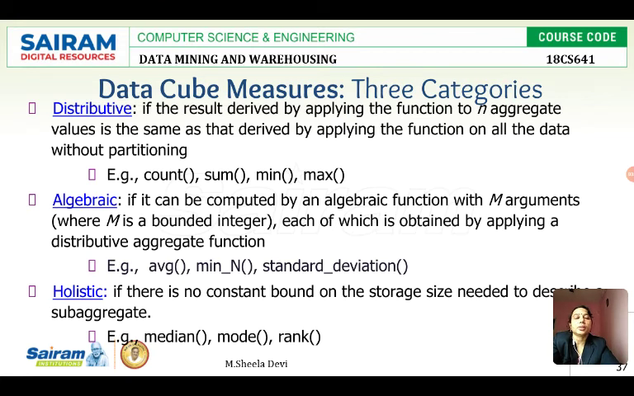Next come data cube measures. How are we going to measure the data cube? We have three types of them: one is distributive, the other is algebraic, and the third is holistic. In the distributive, how we are going to measure is, we are going to calculate